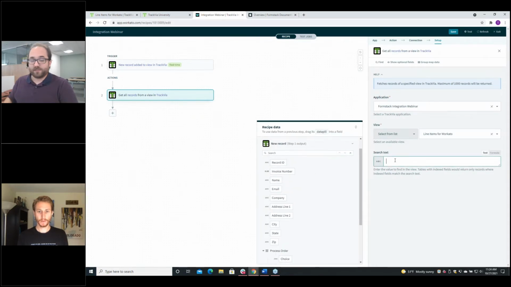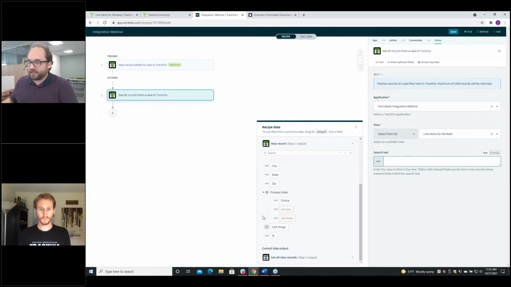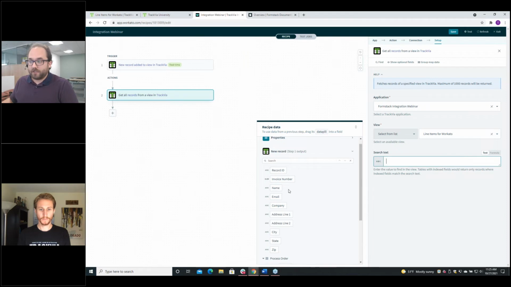go to that search text. I'm going to put in, this is called a data pill. That's what these little items are called. Workato's language for this is any piece of information that's moving in and out from one of these apps and moving through Workato gets encapsulated in these data pills. And it'll tell you a little bit about them in this list. If it has been run before, it'll even give you a bit of a preview of some of the data that it has seen come through that pill in the past.